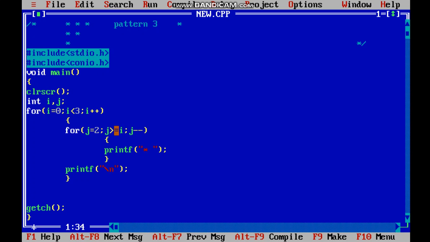So 1 is again greater than or equal to 0, true, so again an asterisk and a space are printed. Now as the work is done, it checks the decrement operator again, so j is decreased to 0. 0 is greater than or equal to 0, again true, so again we get an asterisk and a space.